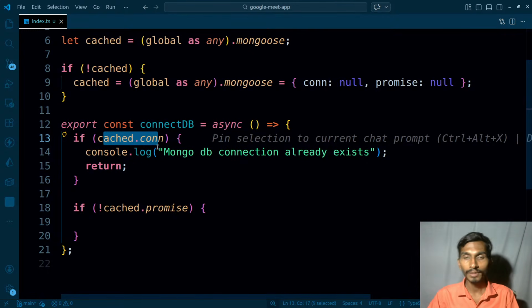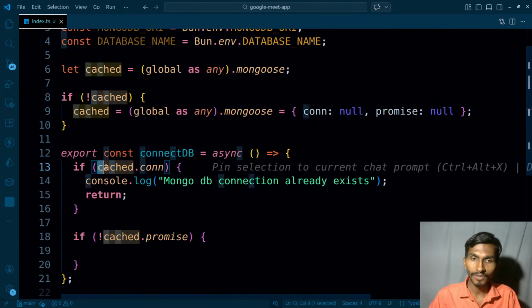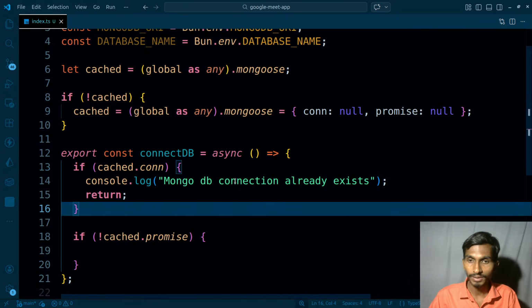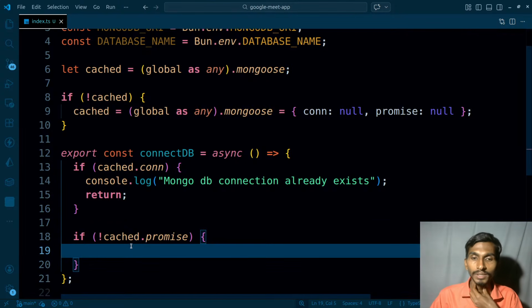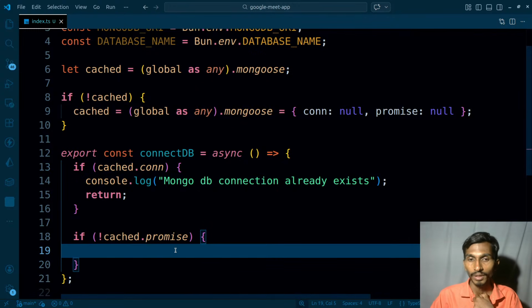So first of all, I will check whether the connection already exists or not, and log the DB connection already exists, and simply return from here. The other thing is that if the connection does not exist, then what will happen? I will have to get the promise, and when it comes to getting the promise,